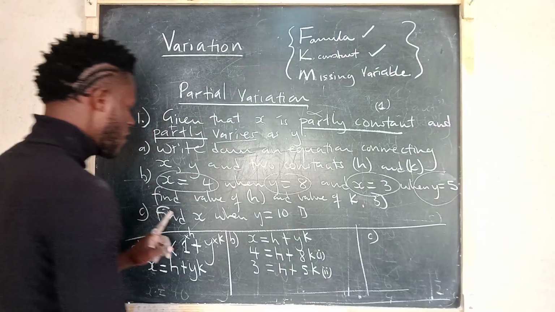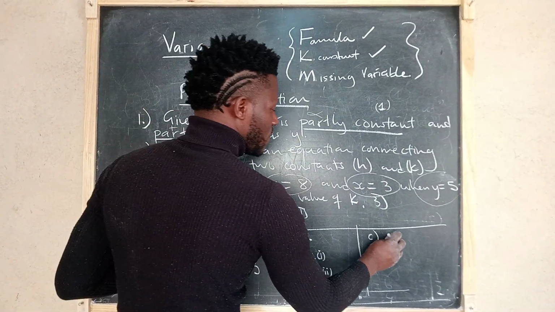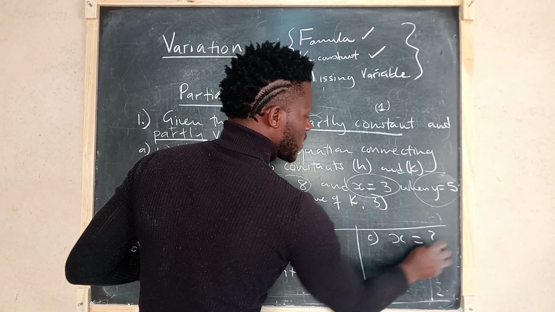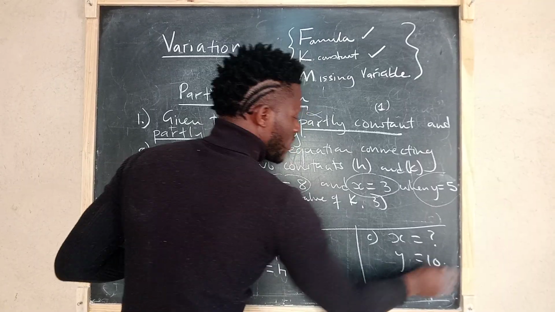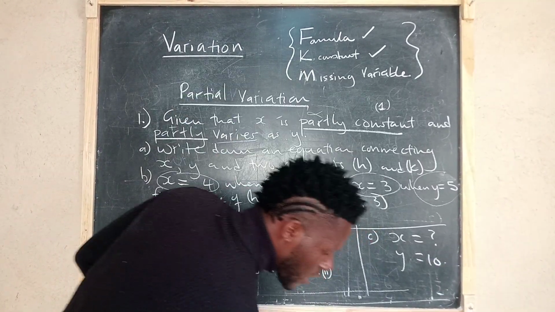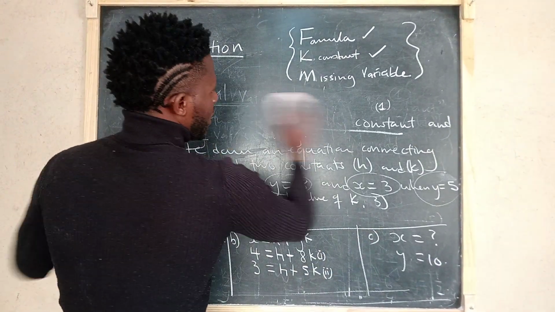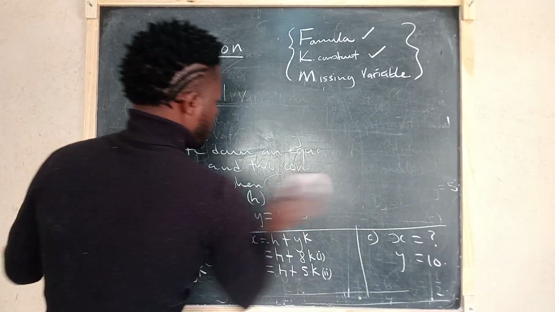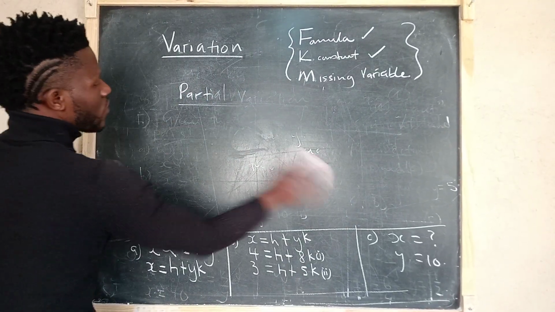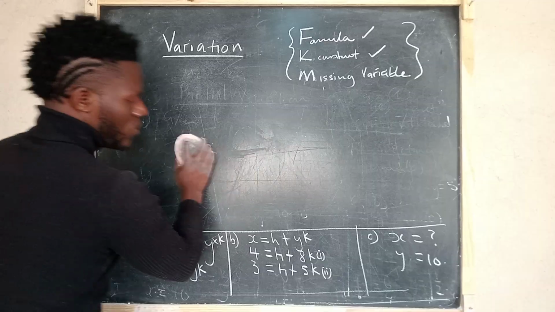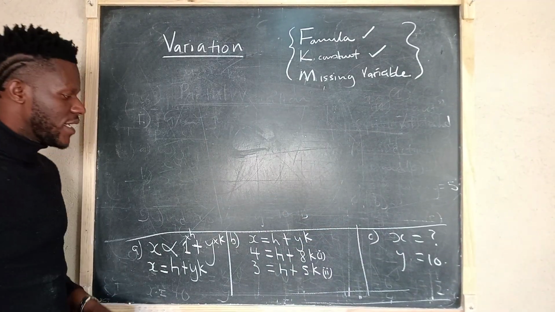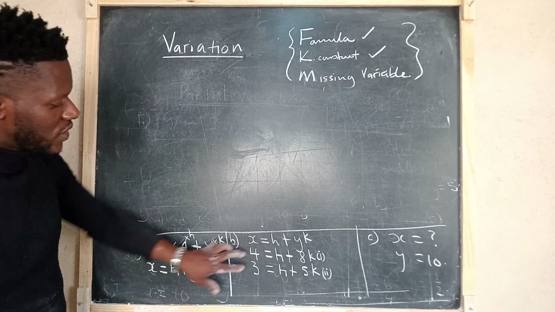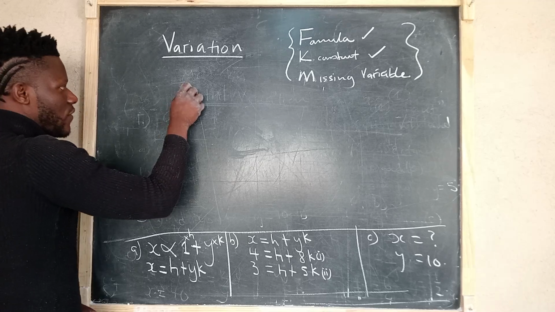Number C was saying find x when y is 10. Find x when y is 10. We'll come back to this one later. Let me erase this part to create space. Alright, so the task at the end is we need to solve these simultaneous equations, and they read 4 equals